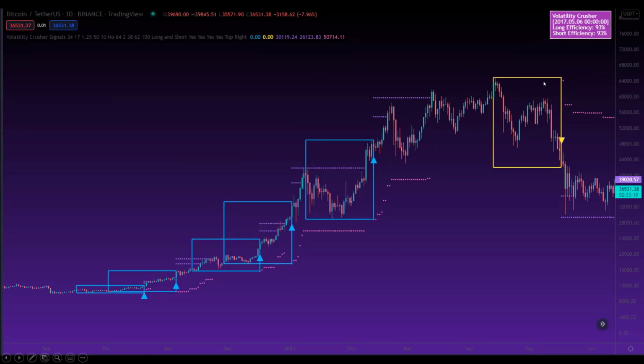Of course, this can also occur to the downside. We had such an example here. Price broke out through the downside, and again there was a follow through, with price continuing in the direction of that breakout. And unlike 1, 2, 3 Strike or Divergence Cloud, which we have covered previously in our previous tech talks,